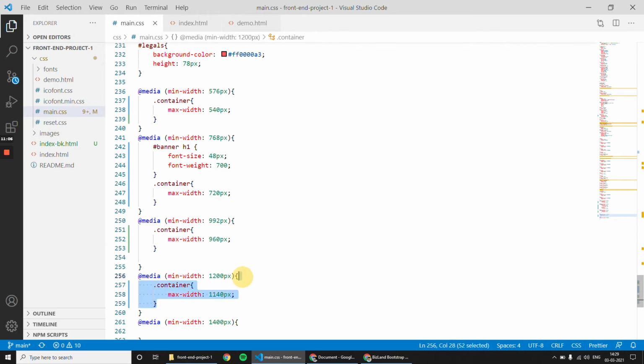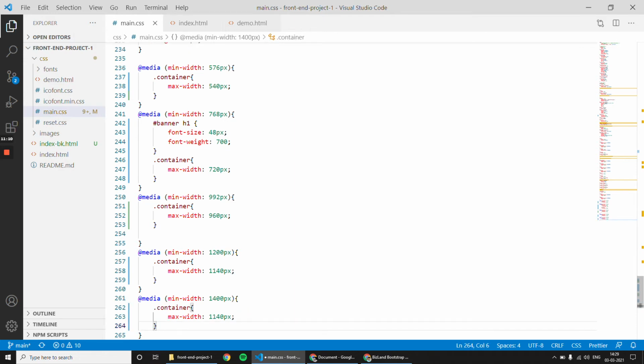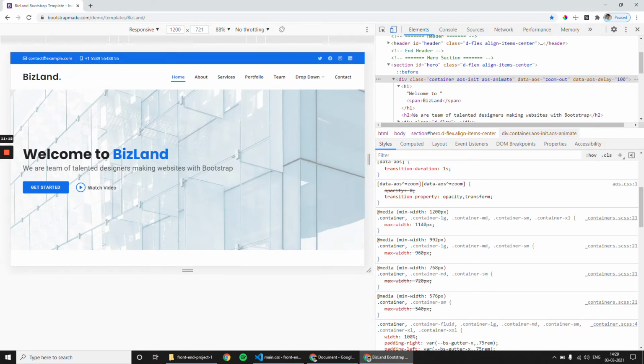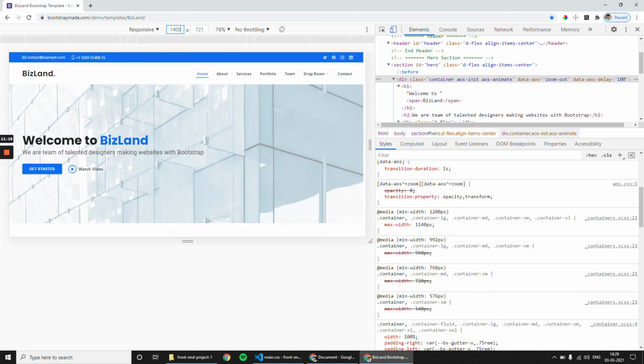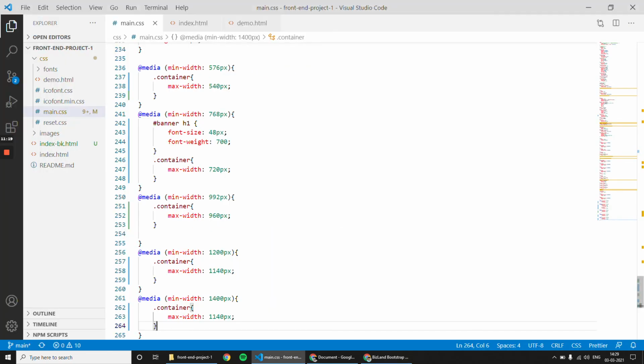Apply this, and for 1400 also there will be some container width. You have to copy that and paste it here. Okay, so now we have set the container width, and this will be used for all sections.